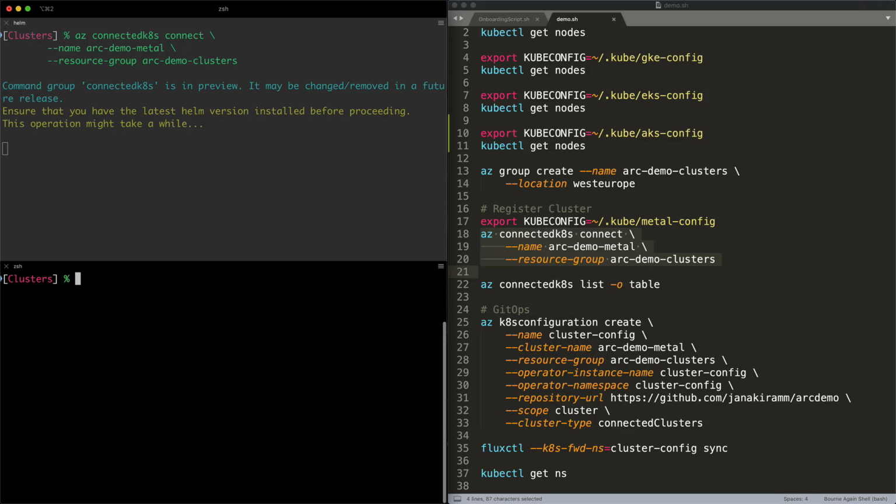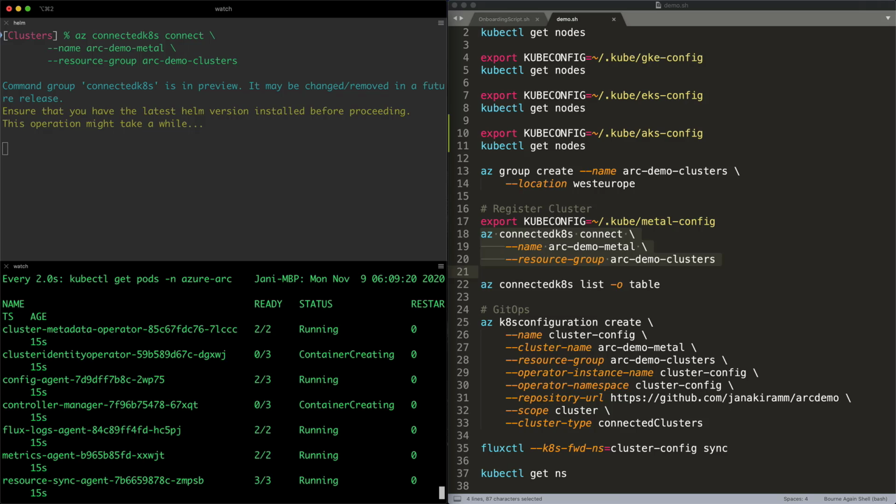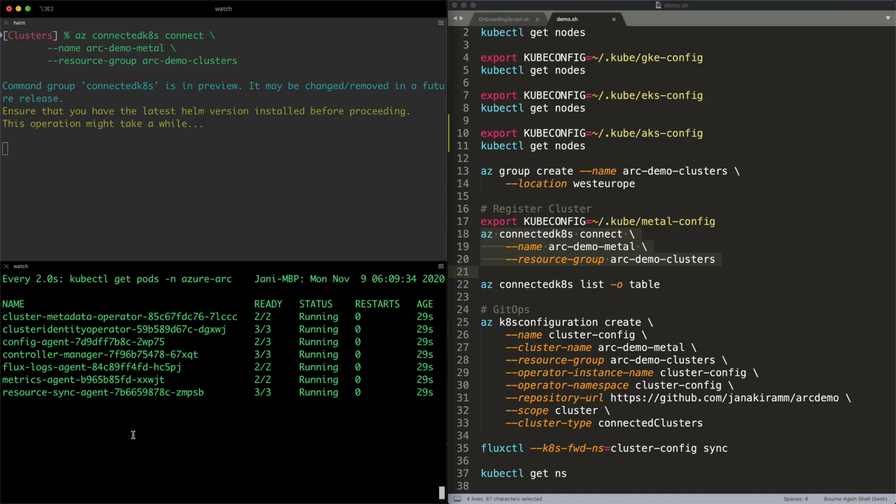We can also look at the pods that are actually created under this namespace. So if you see, there are multiple pods, and all these are the dependencies and the agent that is running within the Kubernetes cluster, but maintaining connectivity with the Azure cloud.